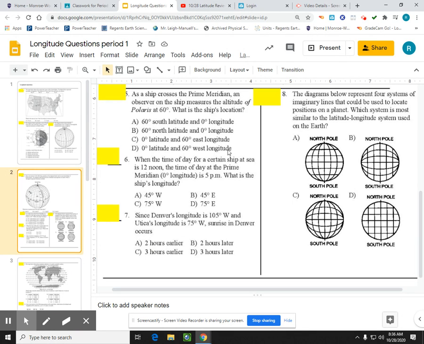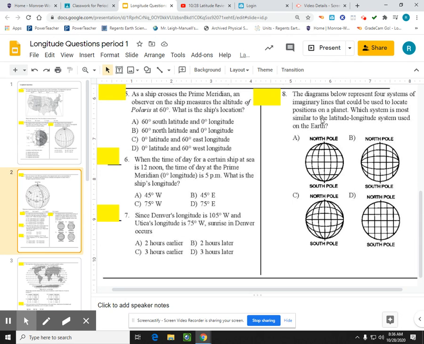Since Denver's longitude is 105 degrees west and Utica's longitude is 75 degrees west, sunrise in Denver occurs... Well, they're not in the same time zone. They're 30 degrees off. If you notice, 105 minus 75 is 30. So 30 divided by 15 gives me a 2-hour difference. Now, Denver's time is actually earlier than Utica. Utica would get sunrise first, and then Denver would get the sunrise 2 hours later, since it's 2 hours